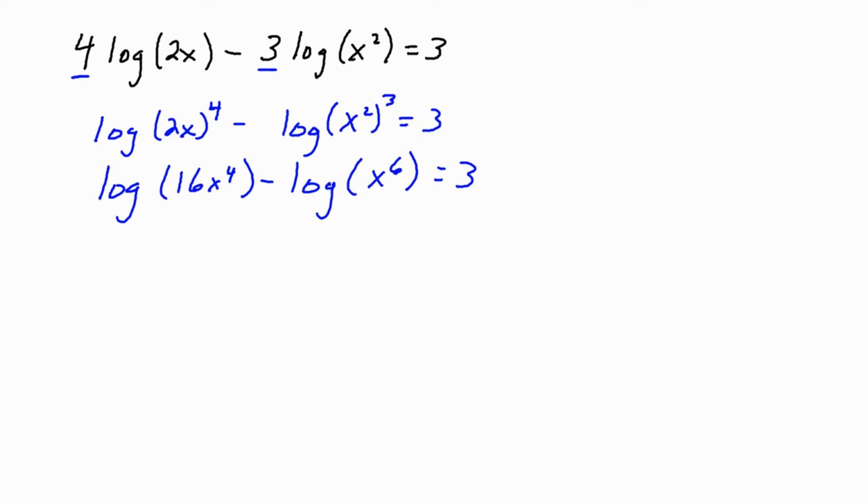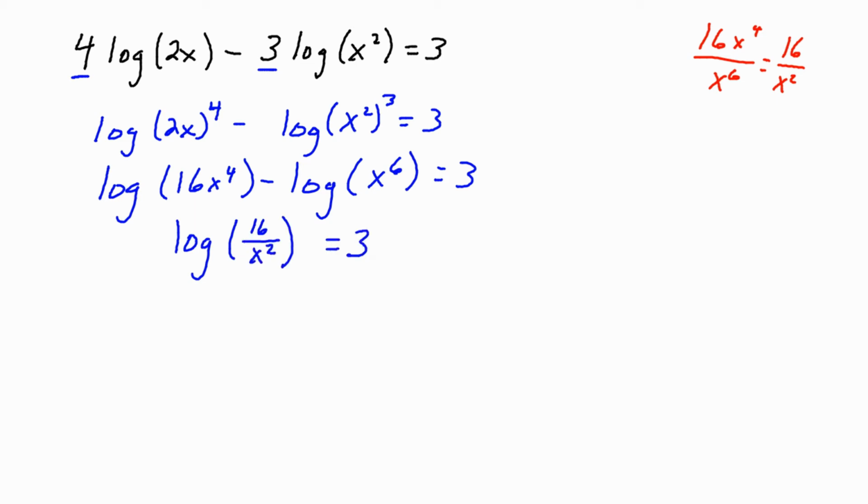Combine them as a single logarithm. I know I'm going to divide. 16x^4 divided by x^6 will give me 16 over x^2. So I'll have log of 16 over x^2